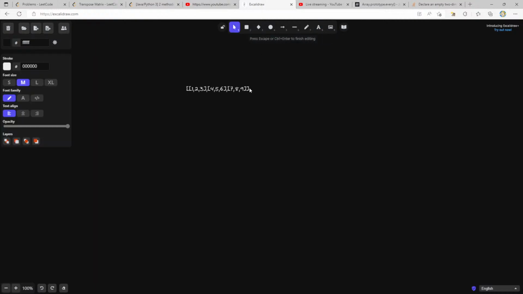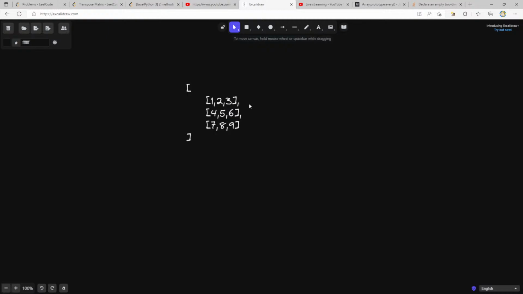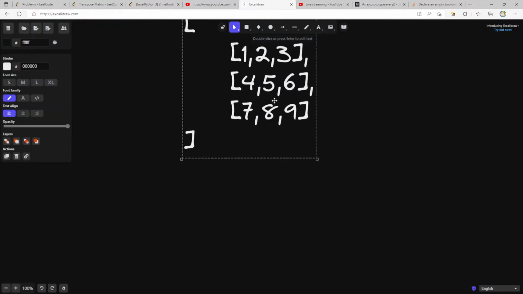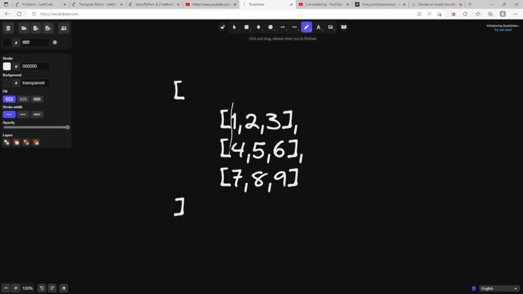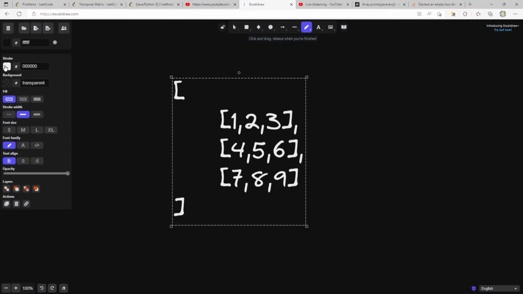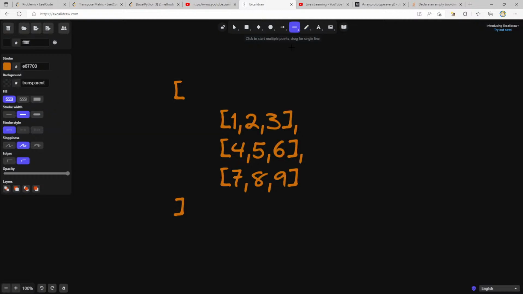So what I want to do is, if I have this, let me make this larger. I just want to scan and go through each.